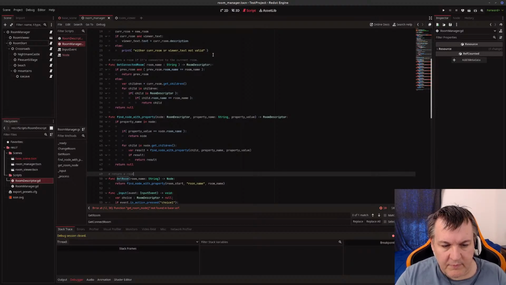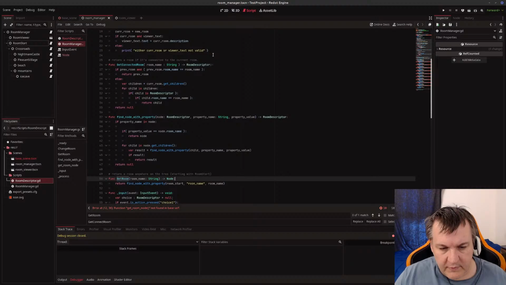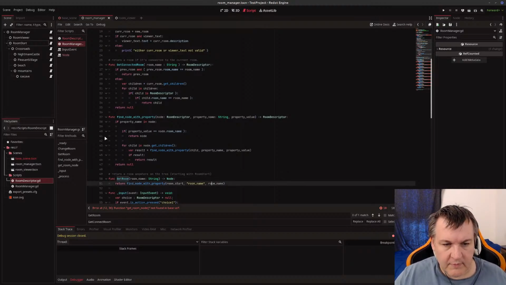Return a room anywhere on the tree. Starting with room start. Okay, and then